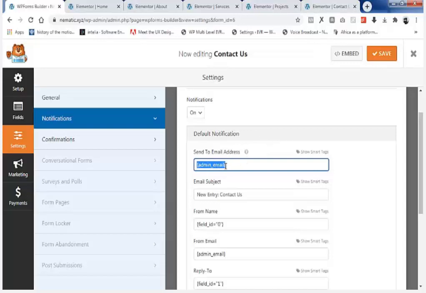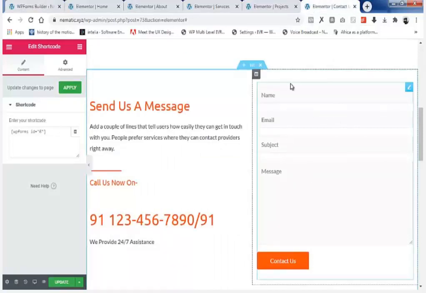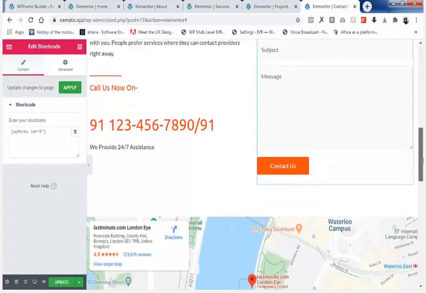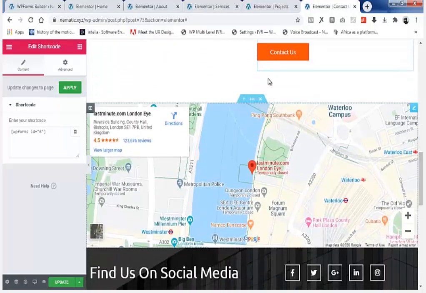So fill in your admin email here, which is your personal email or your business email. When you are done, you click on save, and you are good to go. Whenever they fill in this form and click on contact us, you are going to receive a notification or a message in your mailbox.